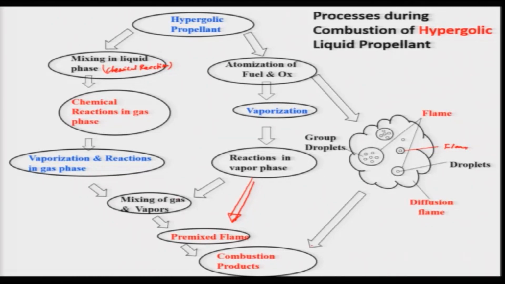If you consider it that way, this process of hypergolic liquid propellant combustion is a little bit more complex as compared to the non-hypergolic propellant, and there are several things occurring, and keep in mind that